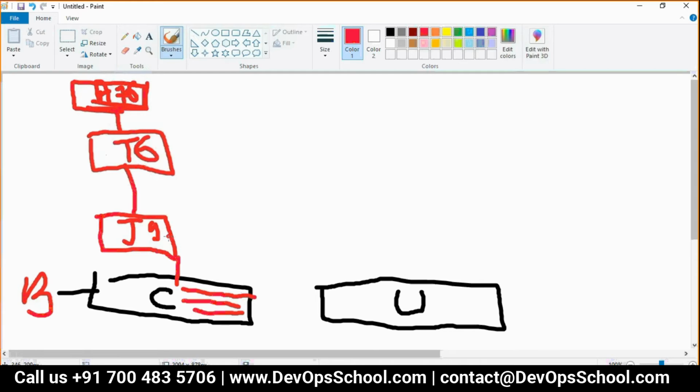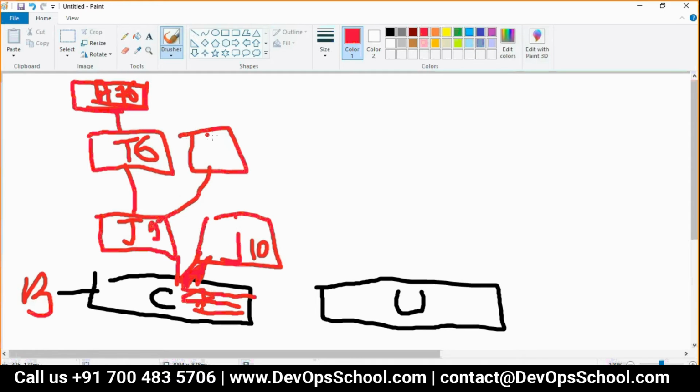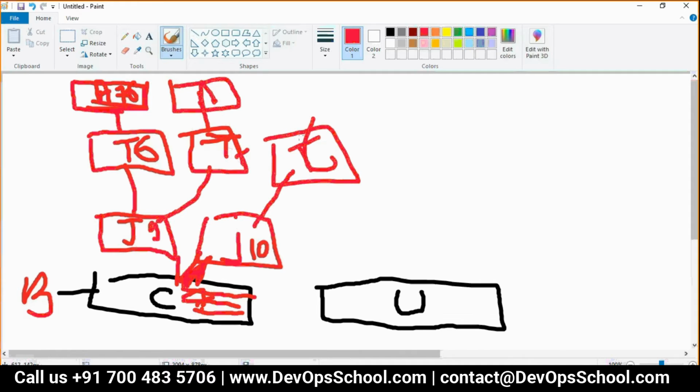So now you decided to go from Java 9 to Java 10. So you will create one more image here, Java 10. Okay, Java 10. But you created it from where? The base image. This is CentOS 7, just as I'm thinking. Then you decided you will go for Tomcat 7, but not on Java 10, on Java 9, the Tomcat 7. And then see how easy it is. All a matter of 5 minutes. And then again your application. Again here you got Tomcat 8, and again your application. So guys, are you able to understand what I'm trying to tell you? How can you plan it out?